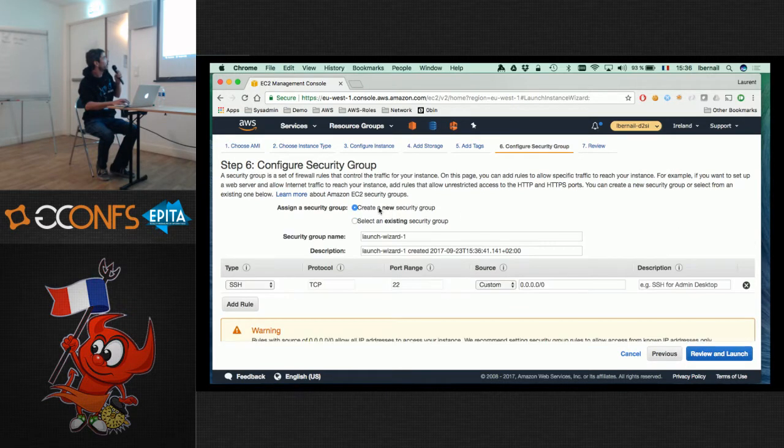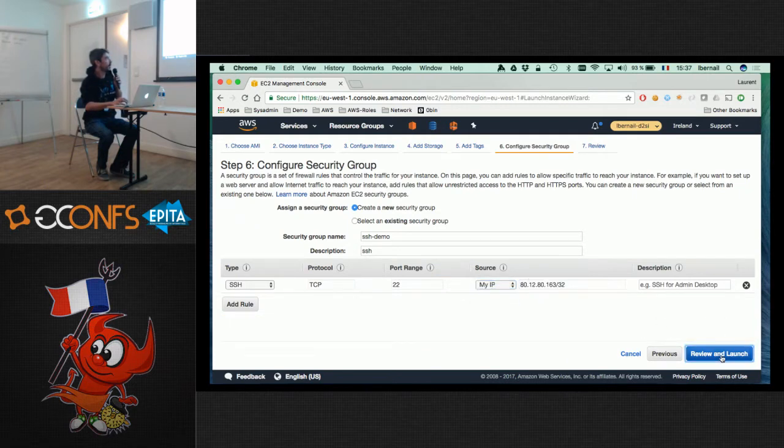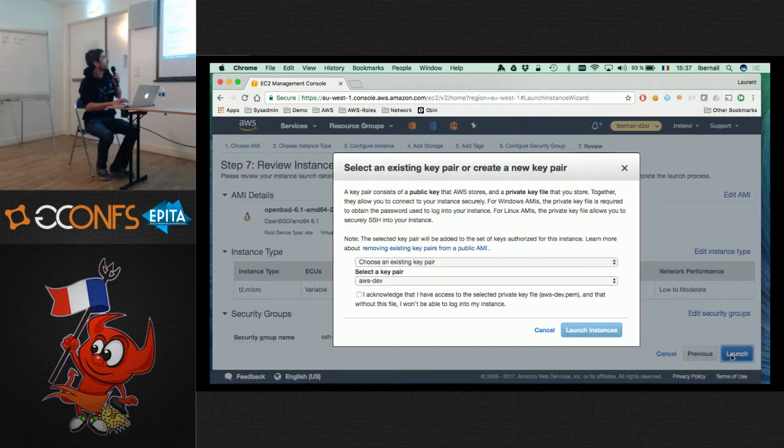So what I'm going to do is create a security group, which is, for people not familiar with AWS, a firewall in the hypervisor of AWS to filter traffic. So let's call it SSH Demo. Okay, typing with one hand is definitely going to be tricky. And I can even say, okay, only my IP, so other people won't be able to connect to it. And so now it's starting.